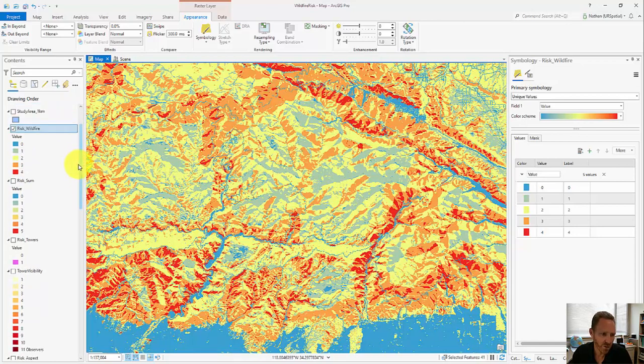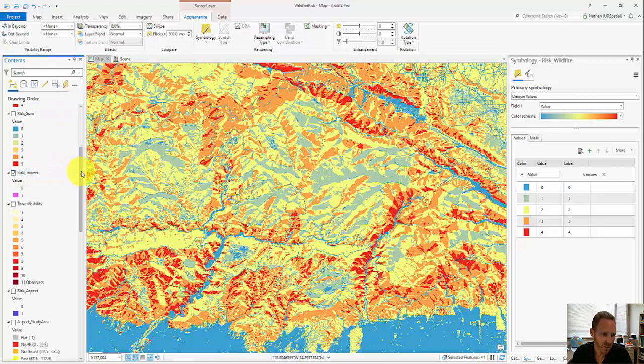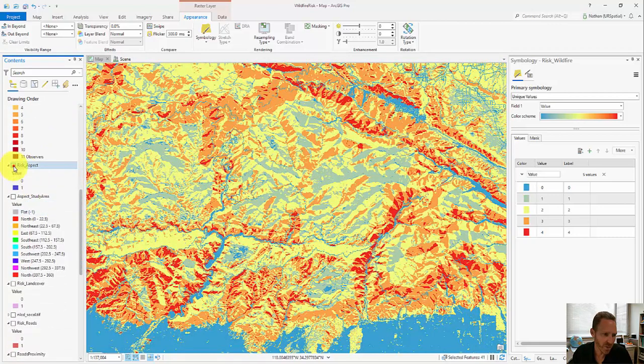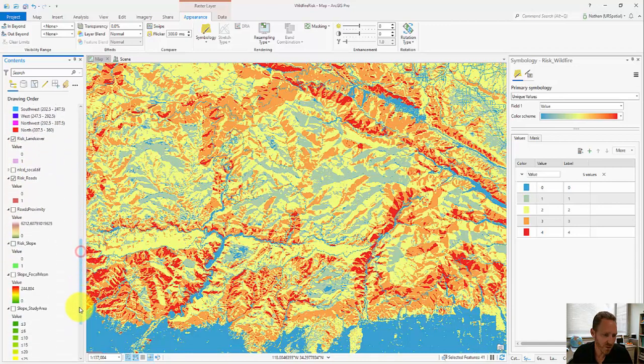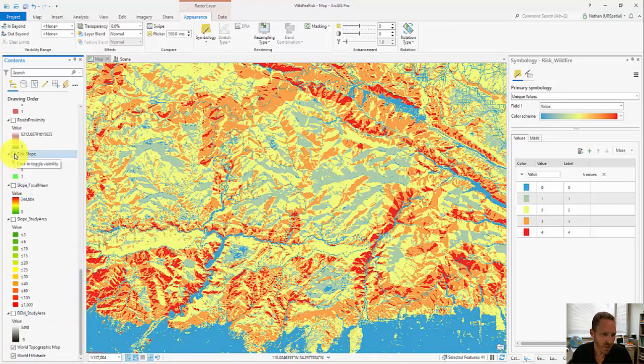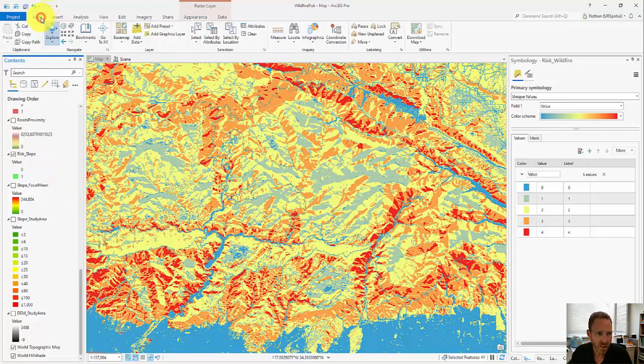So turn on all of the risk layers. I'm going to turn on the tower risk and the aspect risk and the land cover risk and the roads risk and the slope risk here. Everything else should be off. And then